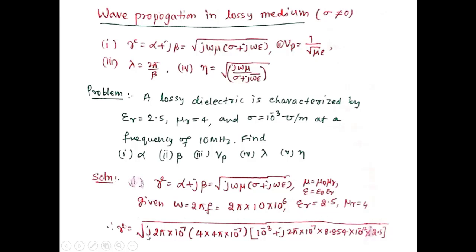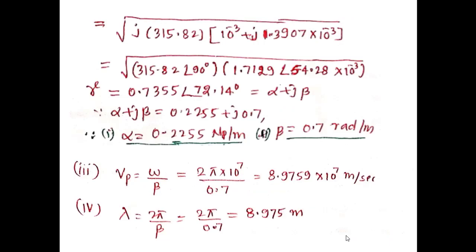If you substitute here, gamma is equal to j into 2 pi into 10 raised to 7, 4 pi into 10 raised to minus 7 into 4, into bracket sigma is 10 raised to minus 3 plus j 2 pi into 10 raised to 7 into 8.854 into 10 raised to minus 12 into 2.5. Then after simplification, we will get